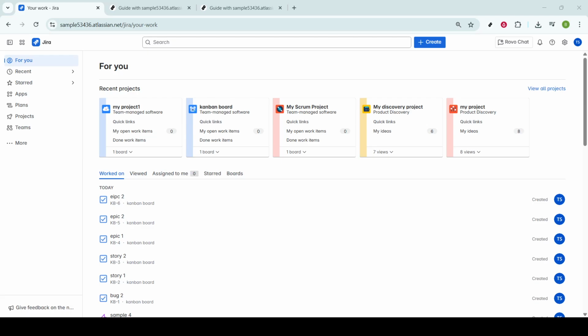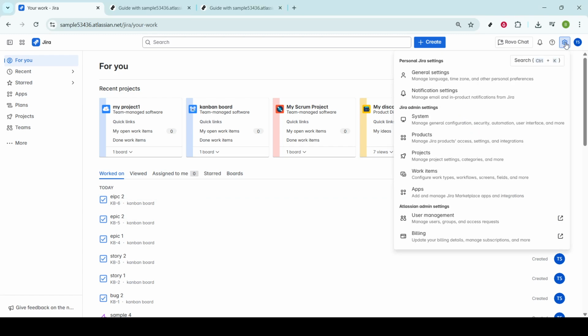To get started, navigate to your Jira dashboard. Once there, look for the settings icon, which is located in the top left corner of your screen. This icon is the gateway for managing all your administrative and product configurations. It's important to select the correct settings area, as this will guide you through the subsequent steps necessary for the